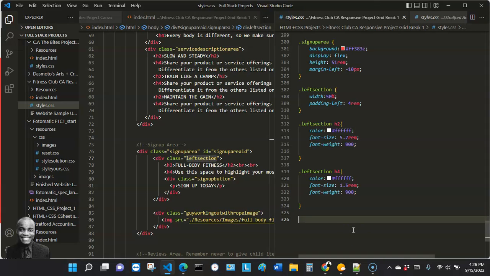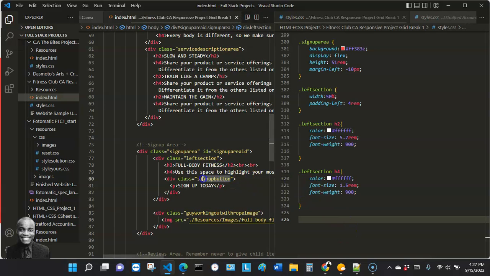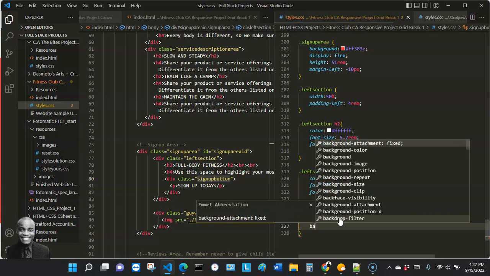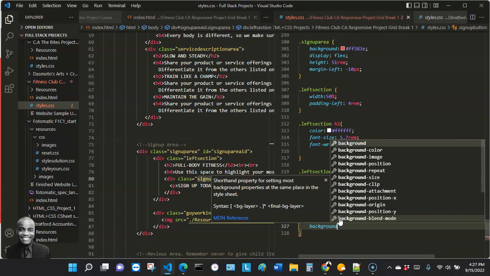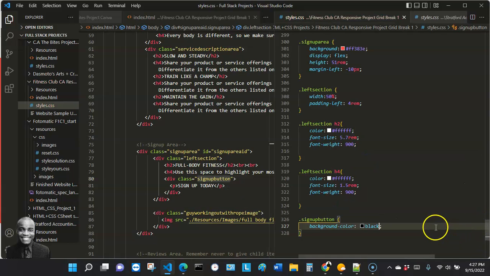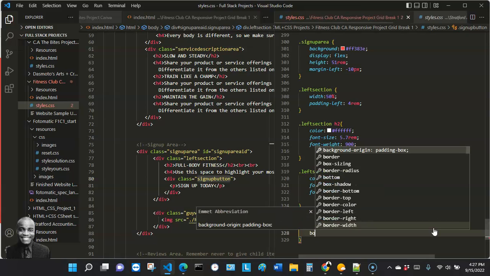Let me go ahead and work on that area. So let's go to the sign up button. Let's do the sign up button area. I'm going to copy that, and I want it to have a background color of black. I want the background color to be black, and then I want the border